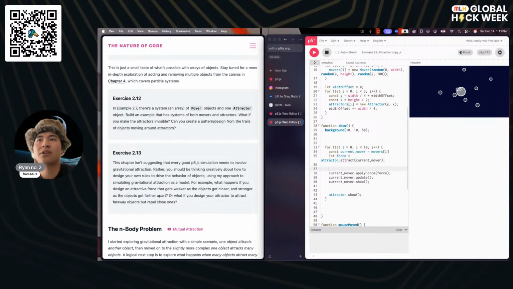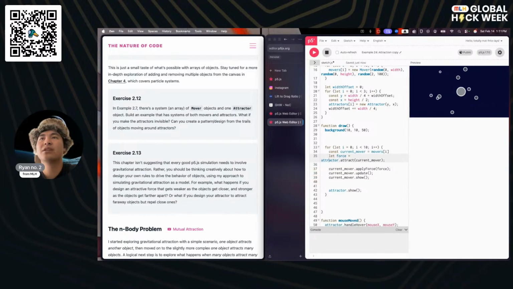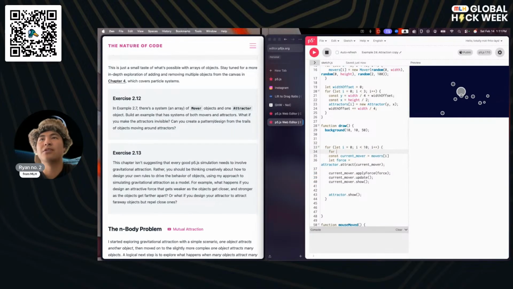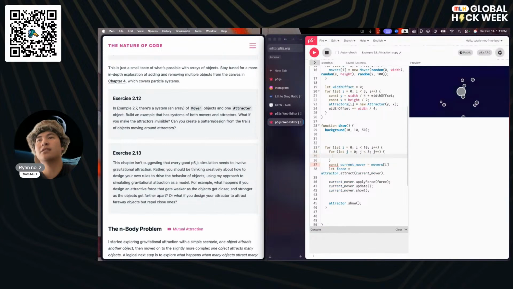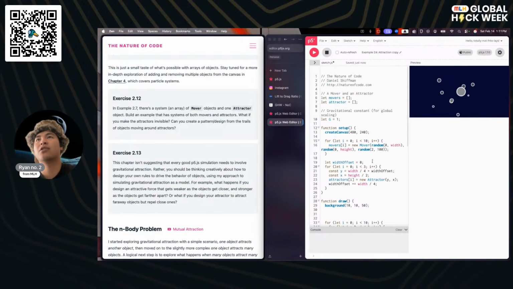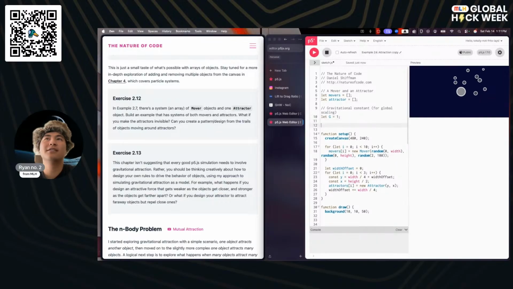So I think this is where we're going to need a nested for loop. So let's do the nested for loop right up here. Let j is equal to 0, j is less than 3, j plus plus. Actually, even better, instead of having these hard-coded numbers, let's set that up over here.